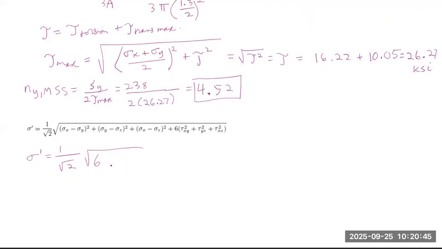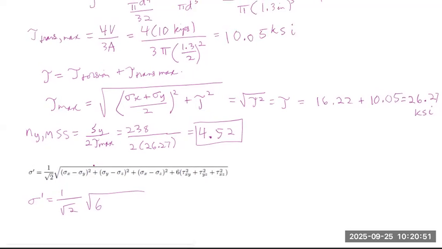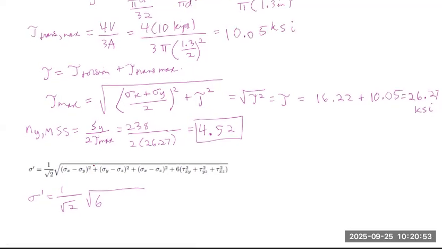So tau xy is going to be the tau max that we found, which is 26.27 KSI, squared. And this gives us that sigma prime is equal to 45.50